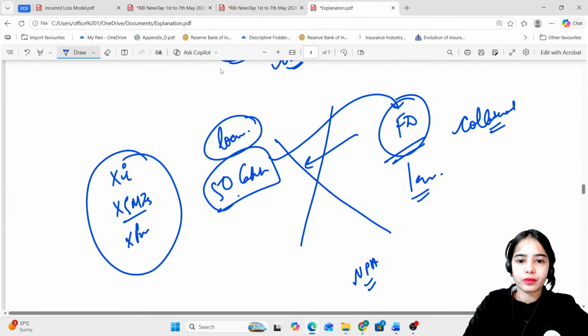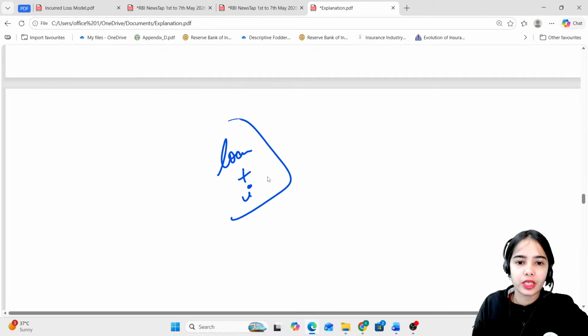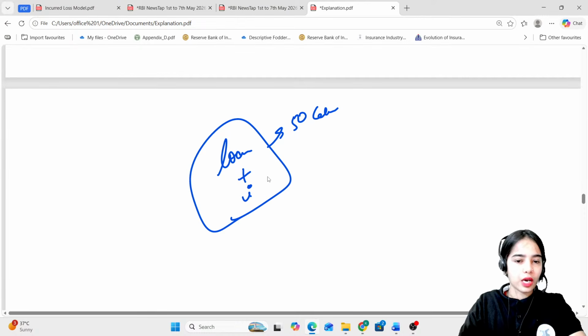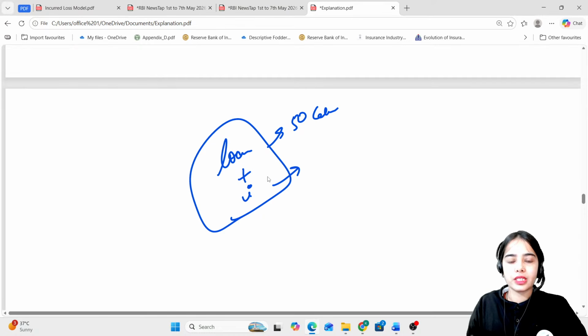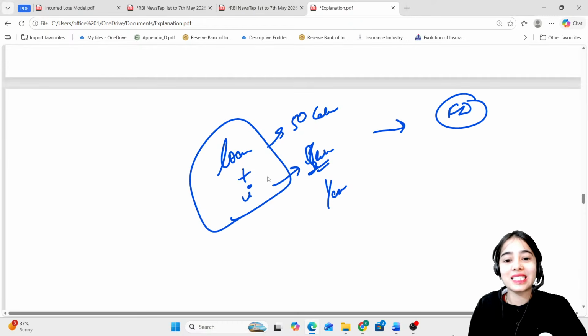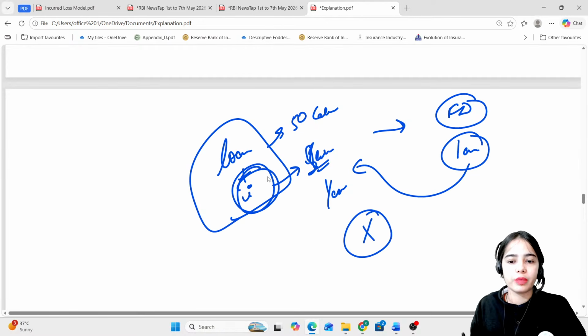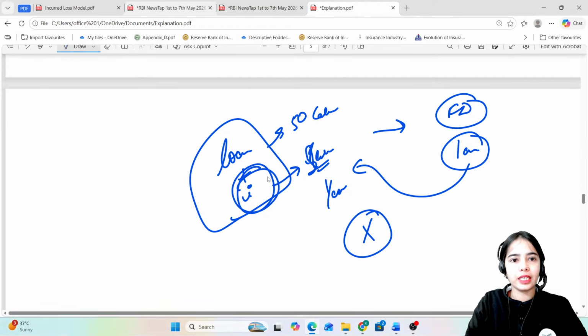So basically, if the loan, including the interest, is, let's say the loan is 50 lakh and the interest is around 10,000 up to 1 lakh in a year, or up to 5 lakh in a year. But the fixed deposit, the term deposit, is still 1 crore. So even after including the interest, the loan is not becoming NPA. This is the idea. Okay.